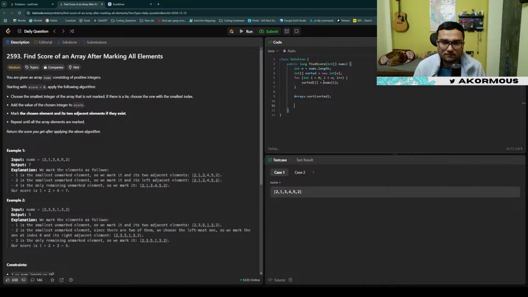Then we need visited. This is not an int, this is a boolean, new boolean n, everything is false initially. Then what do we do? Long score equals 0. Then also int count equals 0. Yeah, visited count. Then for int I equals 0, I is less than